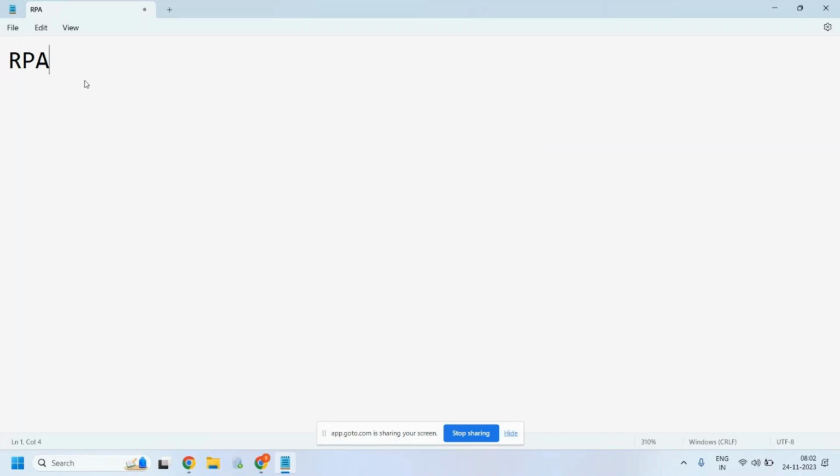We develop the programs using code in C#.NET. When an organization implements this RPA tool, they get benefits like increased productivity, easy maintenance, and return on investment. Whatever they invest, they get back soon, and after that they get all the benefits.